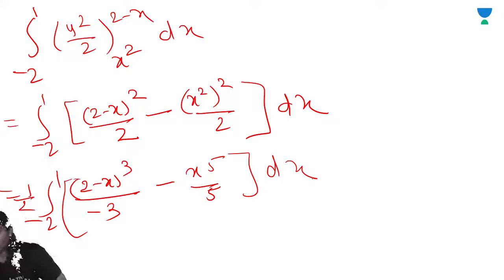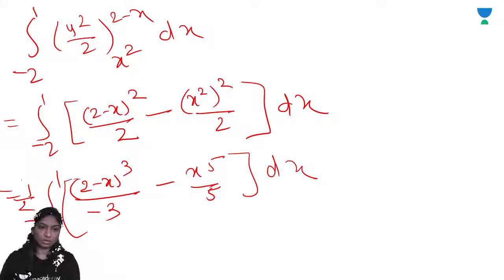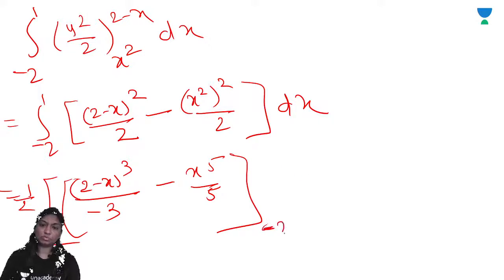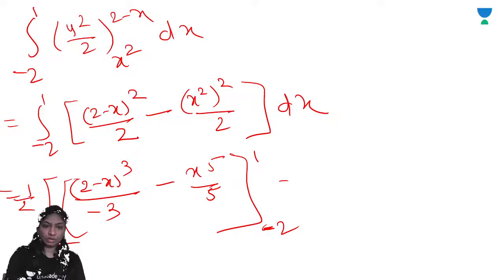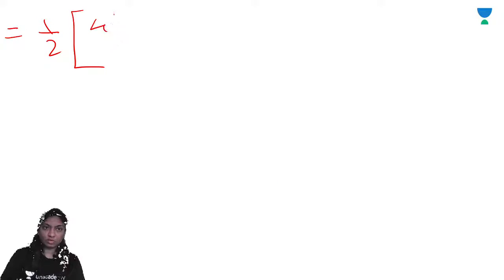Right? So put the, one second. Here we already took the integration. Now put the integral limits -2 to 1, which is equal to x is equal to -2, which is equal to 1 by 2 into bracket. Here we will get -2 cube, okay? 4 cube by -3, 4 cube upon -3 minus